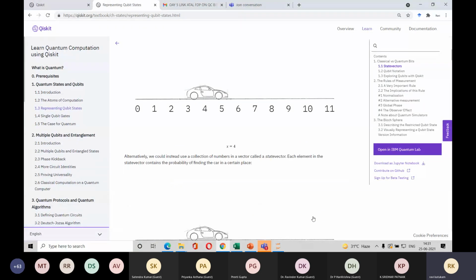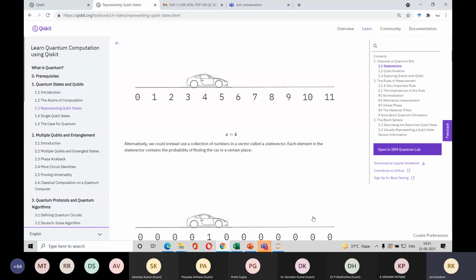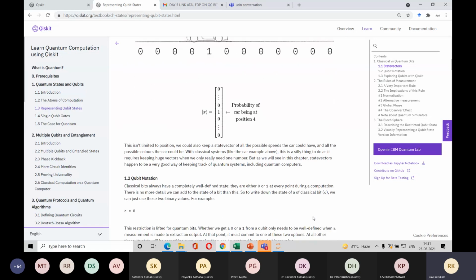Then we went through various ways to represent quantum systems, and one way is to represent the quantum system as a vector, which is called the state vector. Whenever you give it to run, after getting the run, you say whether you want to look at the state vector, or the Bloch sphere, or the Q sphere. Both ways you can look at them. The Q sphere will represent the multi-qubit system, whereas the Bloch sphere can only represent a single qubit system. That's what we said.